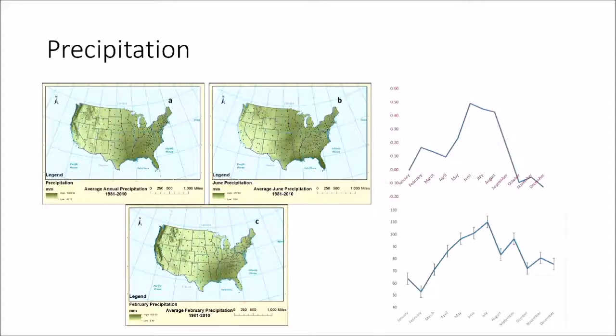And here's one example of the correlation between climate variable and the difference between methods. So this is precipitation. So we see here, first of all, with our climatology, just precipitation on average. So average annual precipitation is what we expect, higher in the east, lower in the west. And of course, precipitation is generally going to be highest in spring and summer months. So June, we see much higher precipitation, especially in the southeastern U.S., and less in February. And unsurprisingly, the months when precipitation is largest, so those spring and summer months, we see the higher correlation.